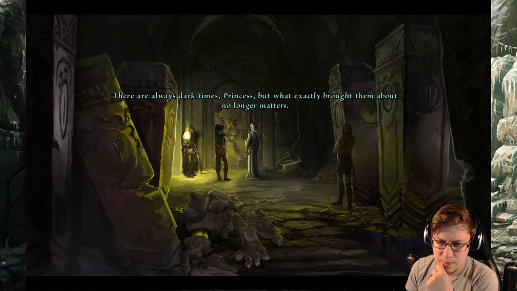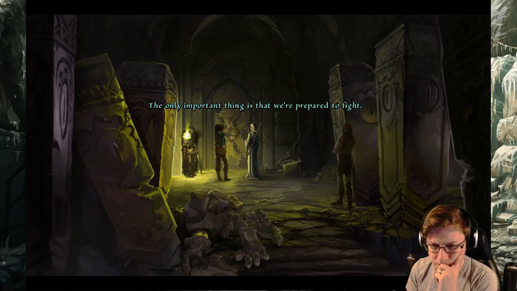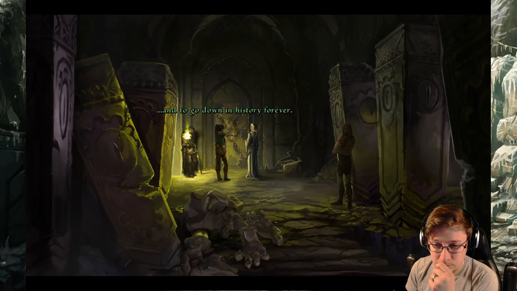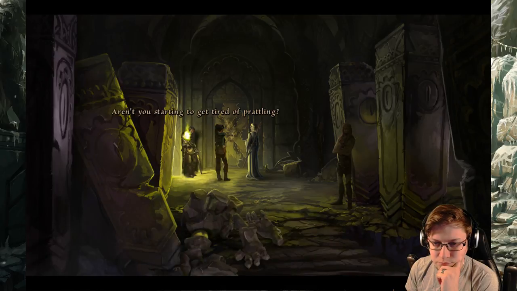There are always dark times, Princess. But what exactly brought them about no longer matters. The only important thing is that we're prepared to fight. The greatest heroes of our age have gathered to fight the decisive battle in the Gorian Desert. And to go down in history forever. If we win. Aren't you... Do you...